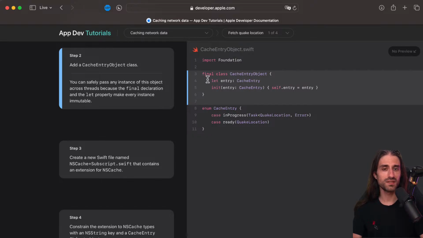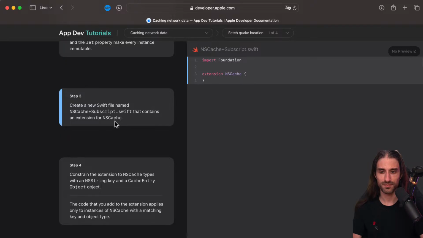It's a very specific kind of class because it's marked as final. It cannot be extended, so another class cannot inherit from it. And the only property is constant. So the goal is really to expose this value, but expose it as a reference type. That's the only thing it does, hence this name of boxing this value into this box.